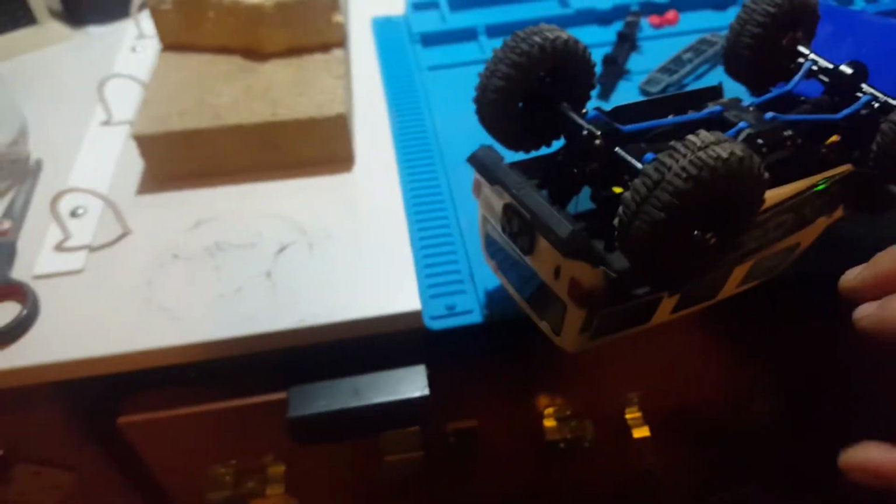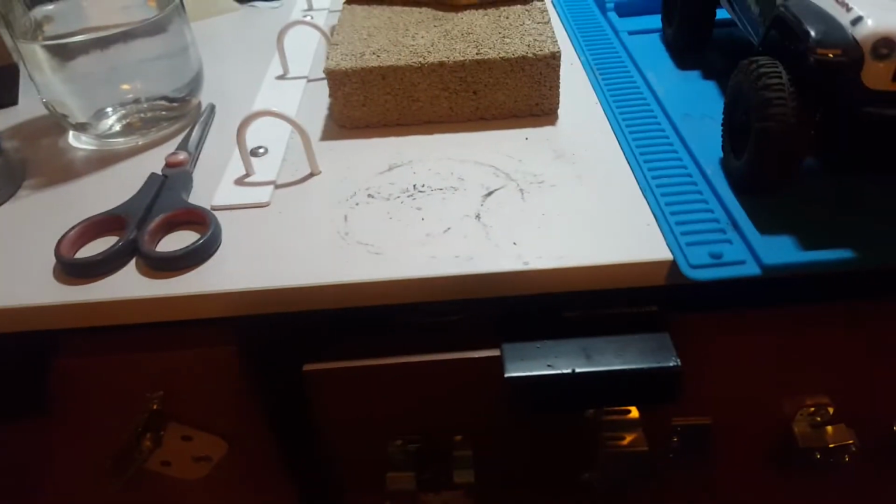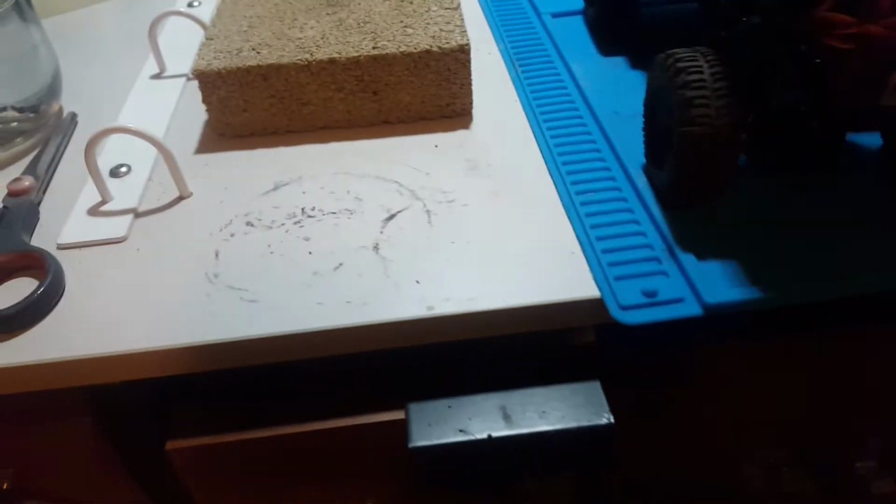I've done pretty much everything to the Jeep. Front and rear steel axle housings. I've got the brass steering knuckles on the front, and I also replaced the steering servo with, oh,